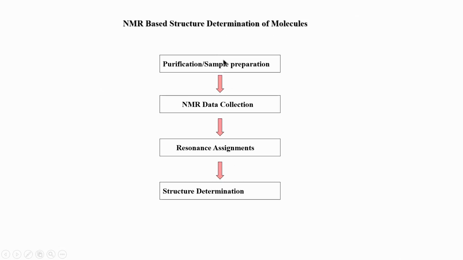Typically we start from sample preparation. In the case of proteins, this involves isotope labeling, which we will see in detail in this part. Then once you have the protein sample prepared, we go to the NMR spectrometer and record data. This includes 1-dimensional, 2-dimensional and 3-dimensional data for proteins. Again remember, if you want to do 3D NMR or 4D NMR, you need to have the protein isotopically labeled. At natural abundance, it is not possible to do 3D NMR or 4D.